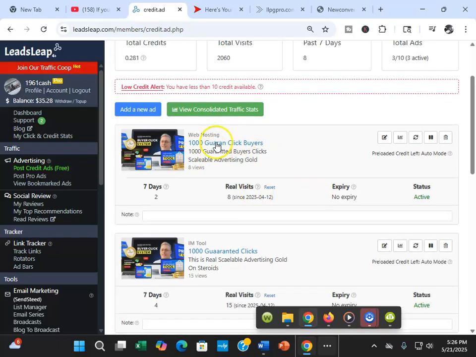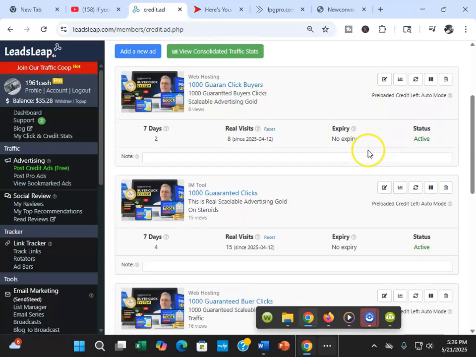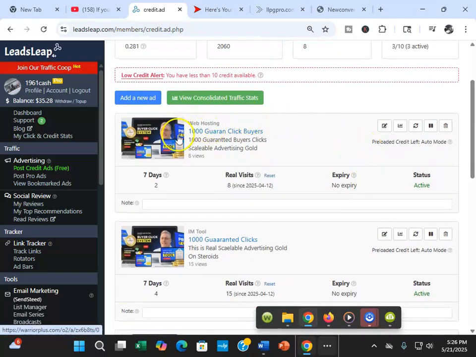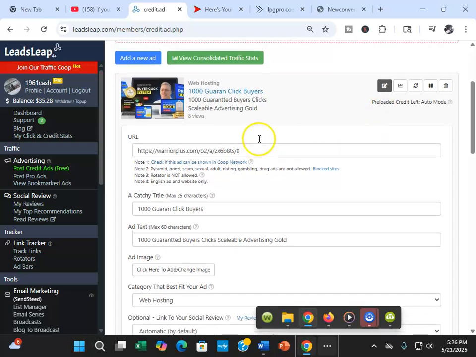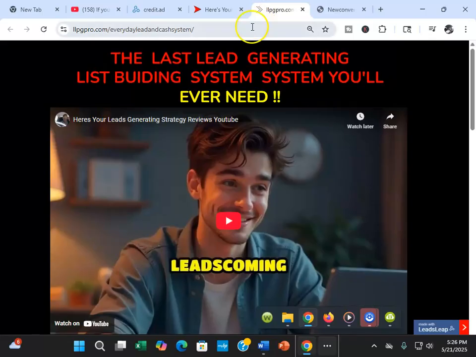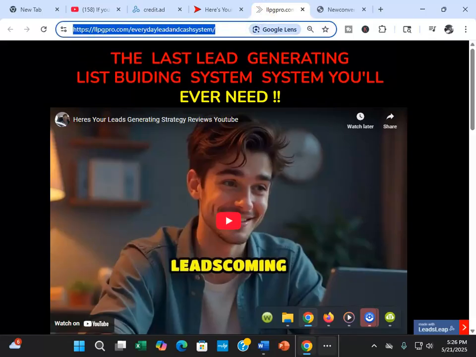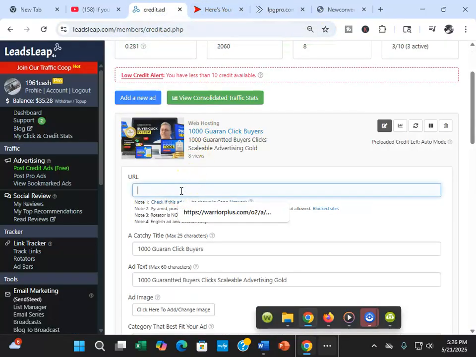Where is that screen? I don't want to get in here and get lost. I haven't been in here in so long. I think I will click right here, the little pencil icon. And so then it'll bring up where I can edit the ad. Here's the redirect URL. I'm going to change it while I'm in here since I'm already doing this. Let me pull out a link. I'm just going to put this link in there, because that's what you got to do.